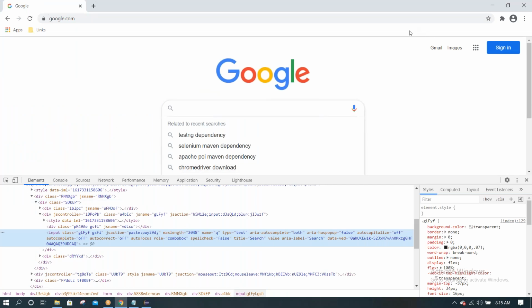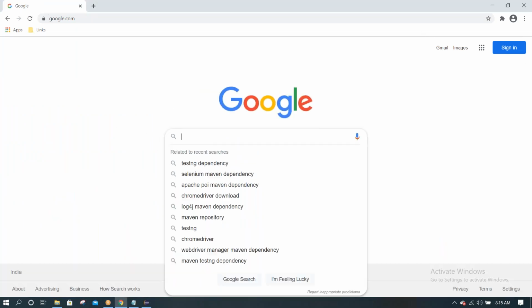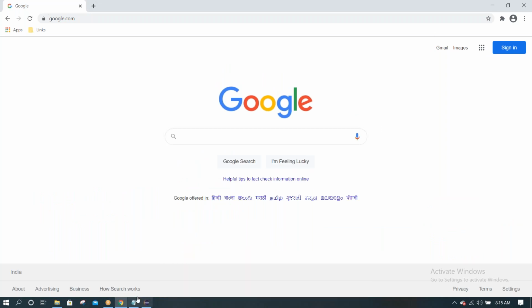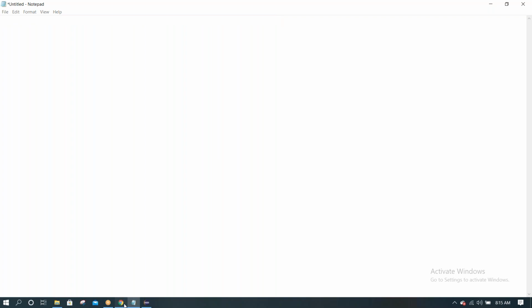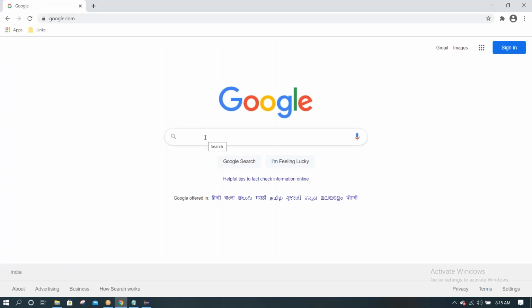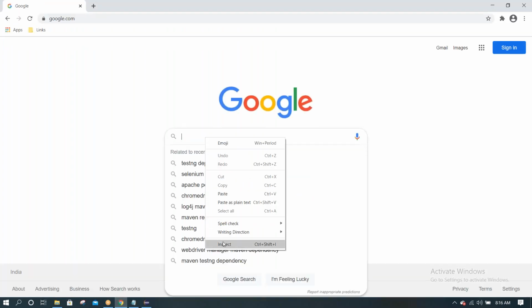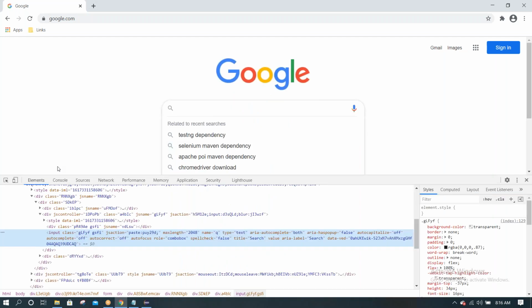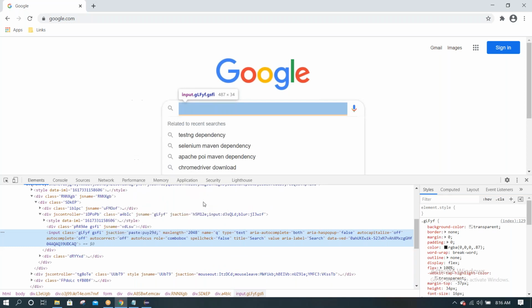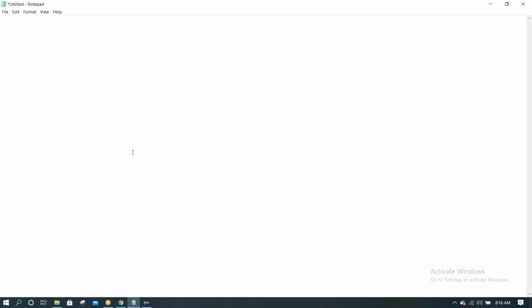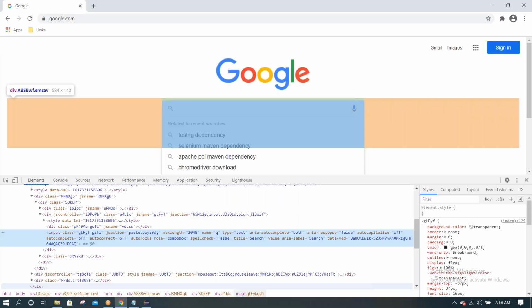Let me do it again: close the window, remove this, go to the text box, right click, inspect. It is highlighting in blue. Right click, copy, XPath. See here, that is what we get.